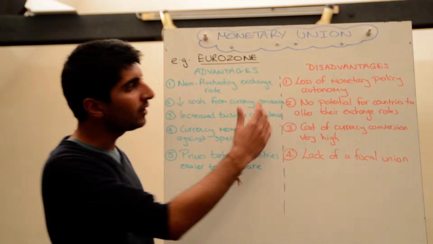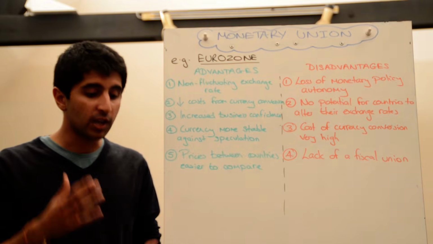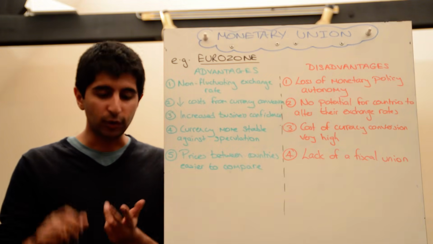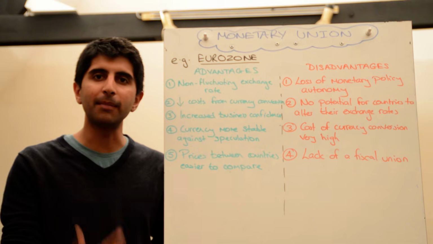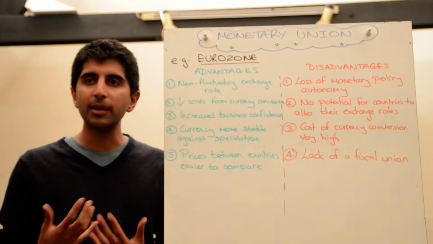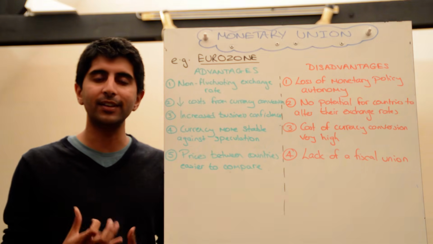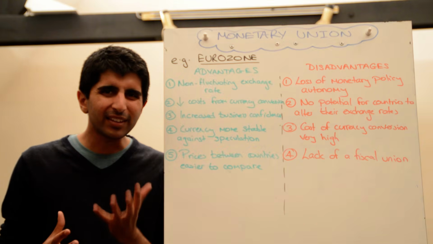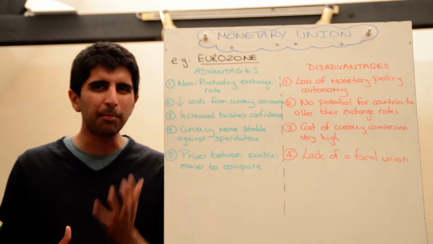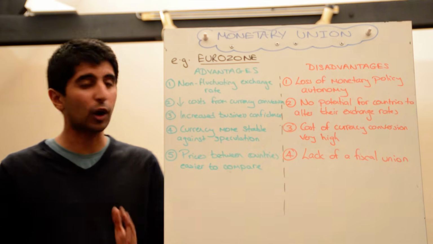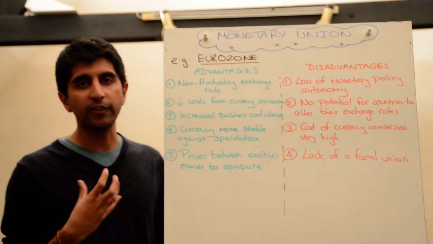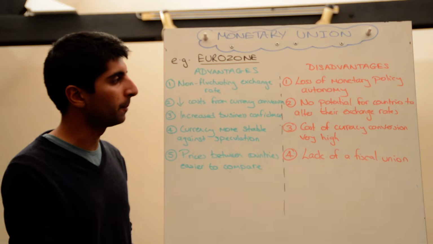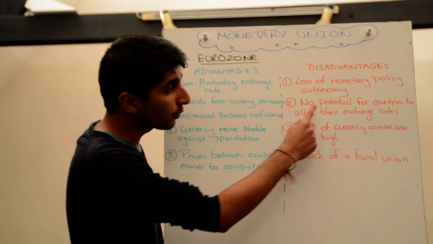So losing that monetary policy autonomy is huge. It's not just interest rate setting, you also lose the control over printing money. The UK would not have been able to adopt quantitative easing as a policy so quickly if it was part of the Eurozone. So losing these key controls is a big, big loss. Huge loss. Biggest argument why the UK doesn't want to be part of the Eurozone. This is quite a big argument.